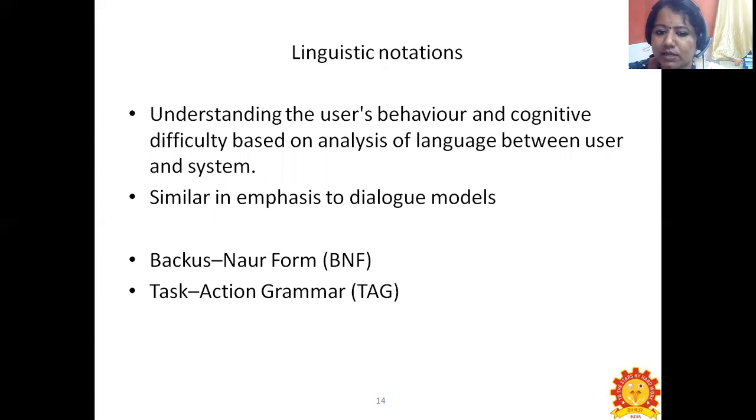It is similar to and emphasizes dialogues in the models. Under the linguistic notations, we are going to see in detail the BNF, which is the Backus Naur form, and the TAG, which is the task action grammar. These two things we are going to see in detail in the further slides.